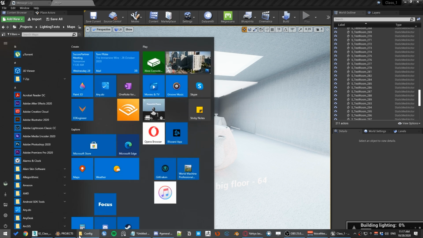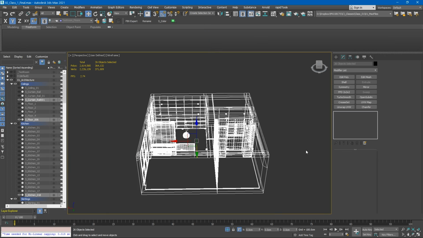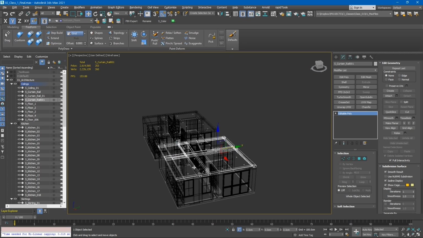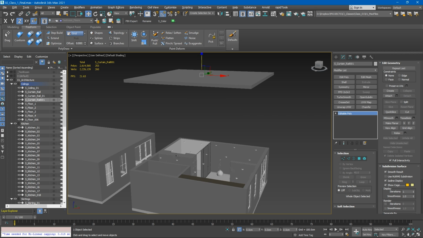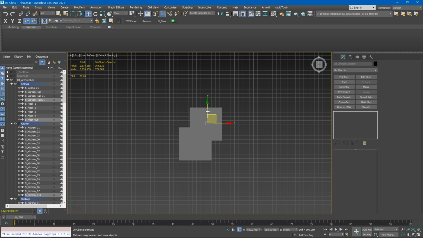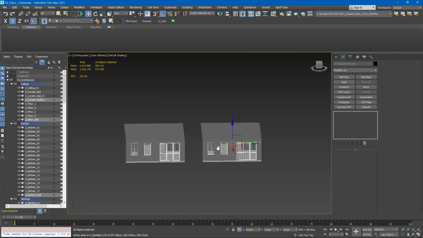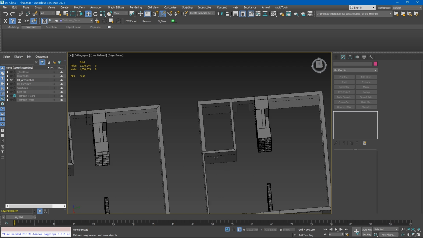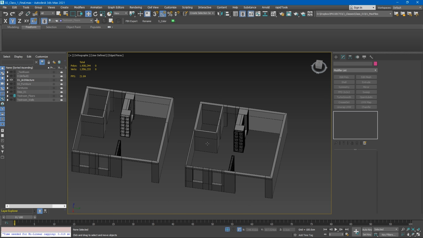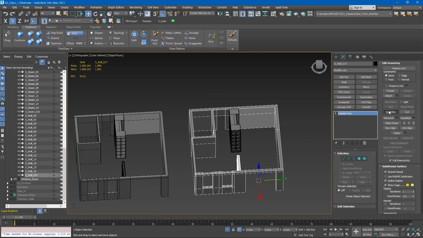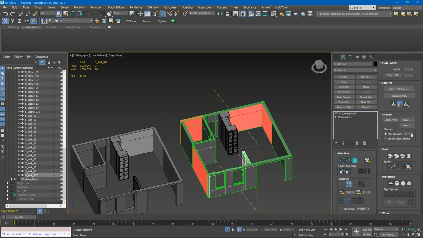Until then, let me show you something in Max, how to optimize your projects correctly for 3ds Max. This is the apartment we have before, if you remember. We have the same apartment twice, so this is the new one and this is the old one. I see most people do the following. They have all their meshes, all their walls, all the floors, everything is just maybe one piece or two pieces. So imagine this area here, when we unwrap it, that your shadows and the light will be baked on this